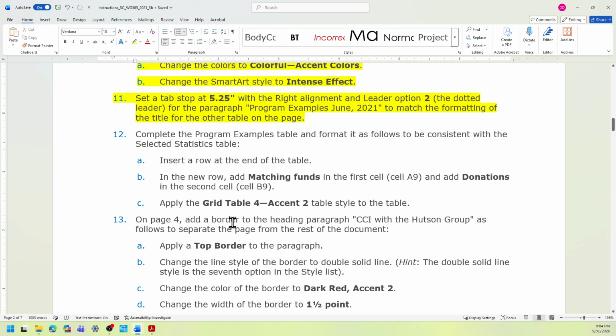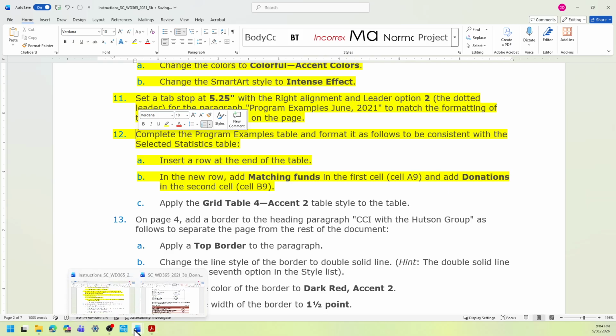And then on step 12C, apply the grid table 4, accent 2, table style to the table. So let's do that. Maybe just do 12A and B first, and then we'll come back for step 12C.